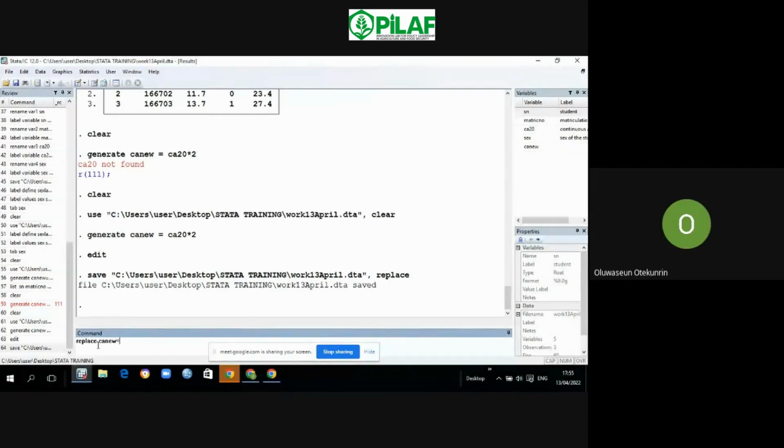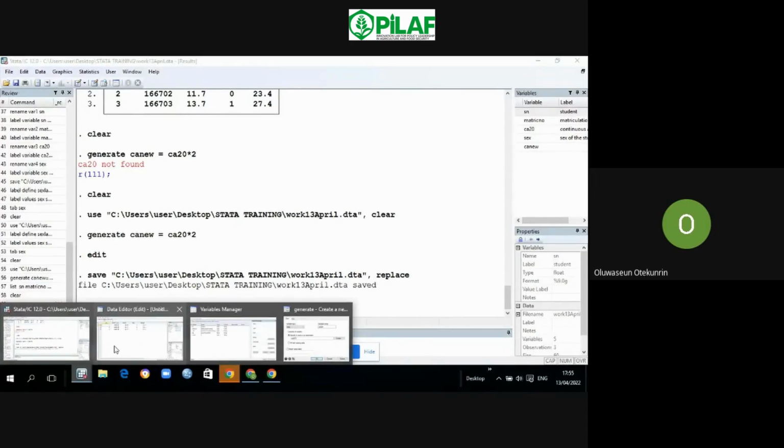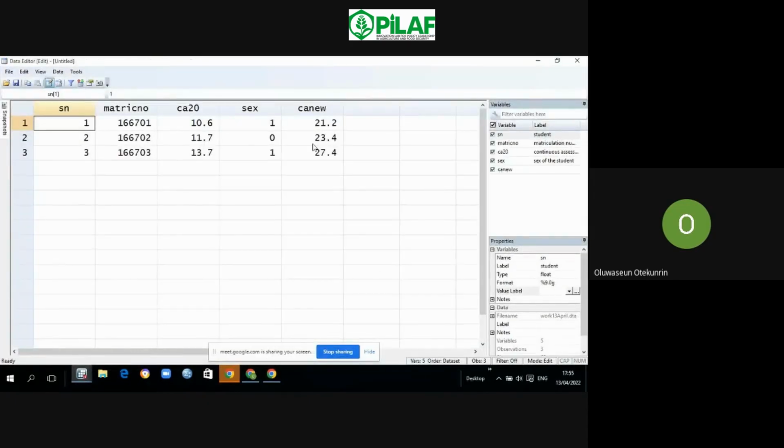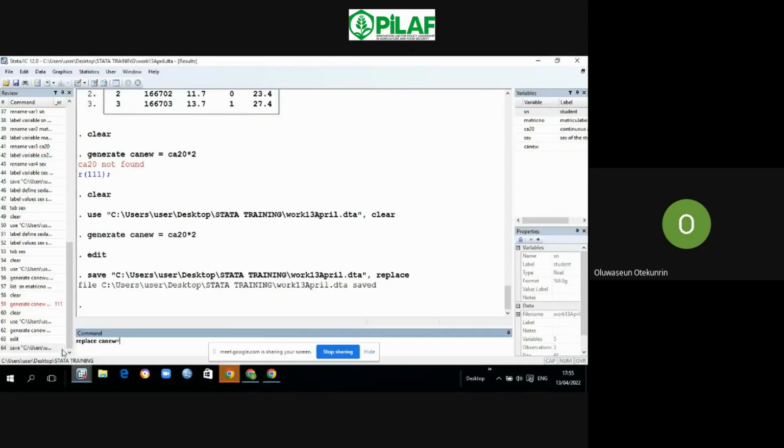Okay. So we want to go to replace now. So we want to learn how to use replace. We have added a new variable and it has observations inside. These are the observations inside our CA new: 21.2, 23.4, 27.4. So we want to replace those values. So we type replace CA new